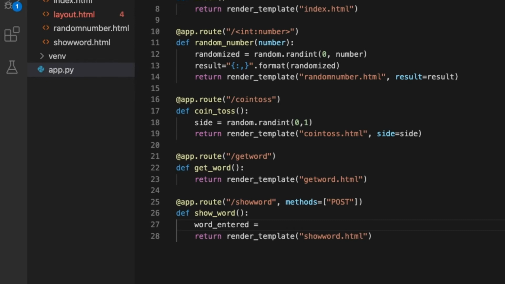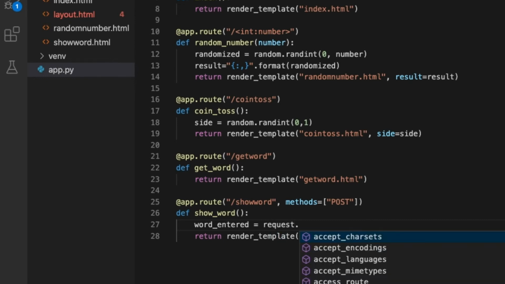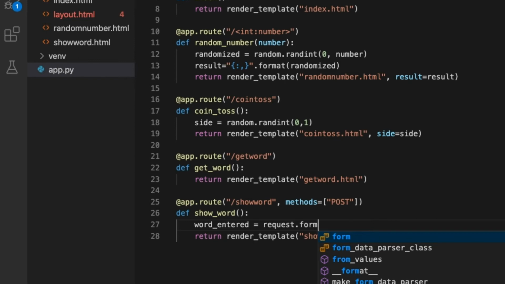And so we're going to do the request method. And remember, when we use the post method, we're going to use the form option, and then we're going to do dot get, because we are retrieving, we are going to get that information, not that it has to do with the post or get. It's just that what we're doing as a human being, we're grabbing it, we're getting it. So get,